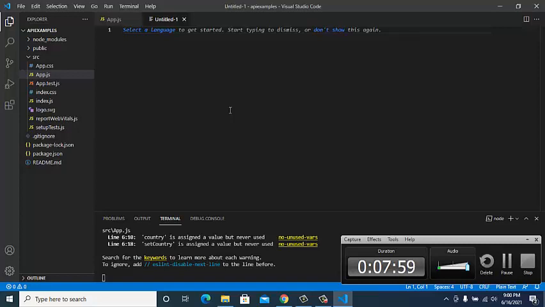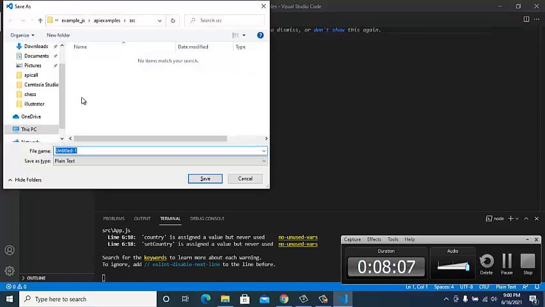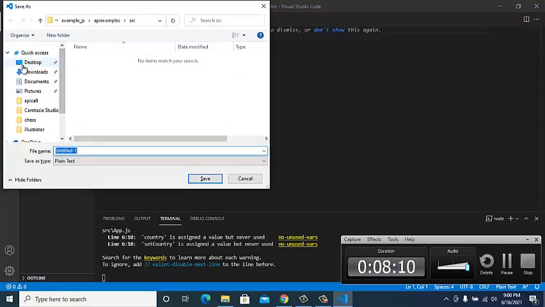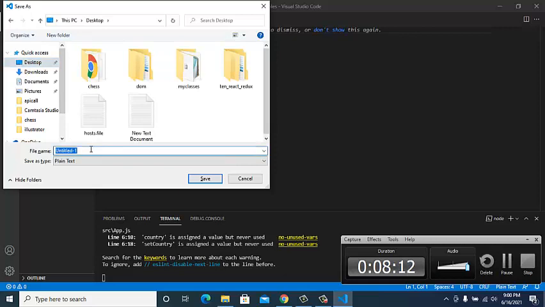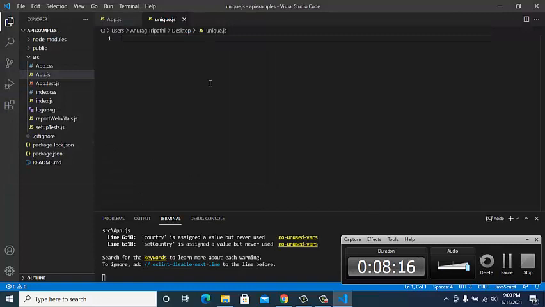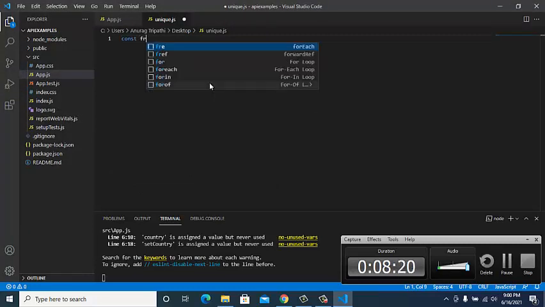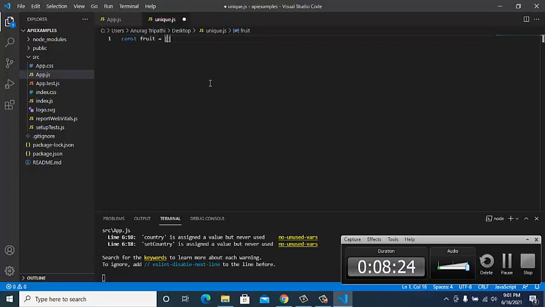Unique data means if several data items are there and they are the same, then it will get only one of them. So I'll save this file on my desktop so that I could run it. And here I'll create an array, just to demonstrate what I am telling.